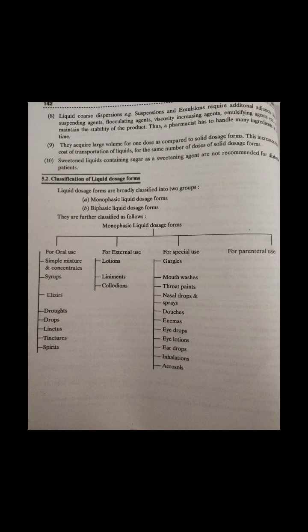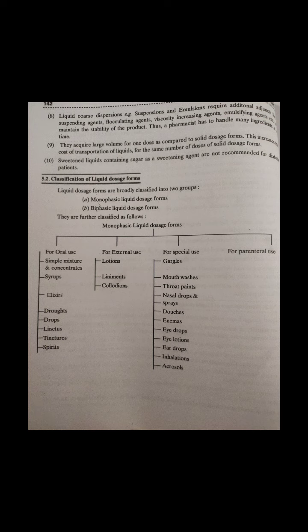GIT tract. This is why the throat paints are supplied in airtight colored fluted bottles in order to distinguish them from preparations made for internal use. The application of paint on the affected part is made with the help of a camel brush or by a cotton plug twisted at the tip of a wooden slim stick. So they are applied as such without dilution.